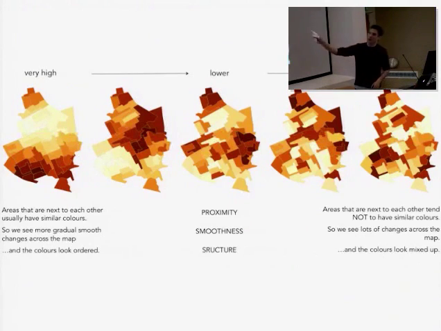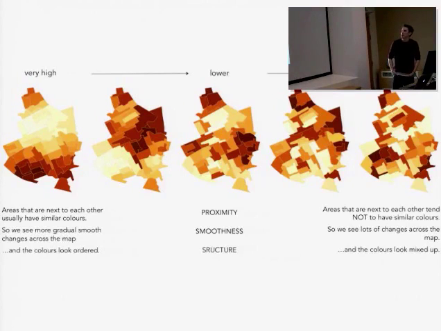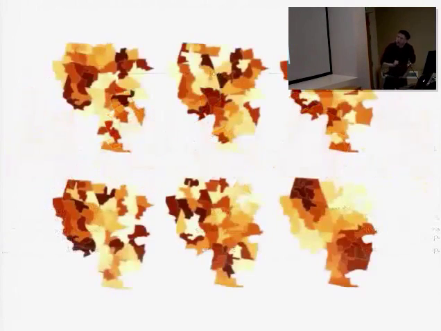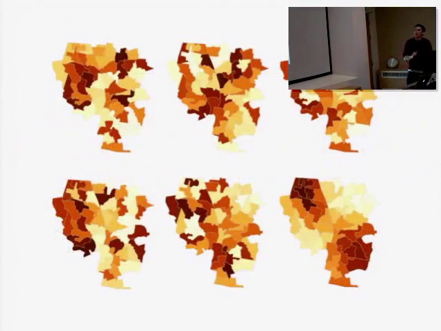So this, for instance, could be unemployment rates in a fictional area. Where you have lots and lots of dark colours together, it means that unemployment is very high in areas next to each other, and the further away you go from any area, they're less like each other. Here, we don't have that spatial autocorrelation. We have something very different. There are lots and lots of differences between these small areas, and there's no spatial autocorrelation in the map. So we think that we could usefully apply this to looking at spatial autocorrelation in real maps.